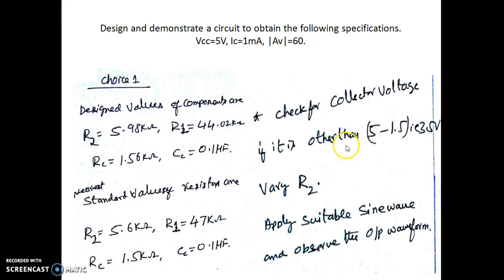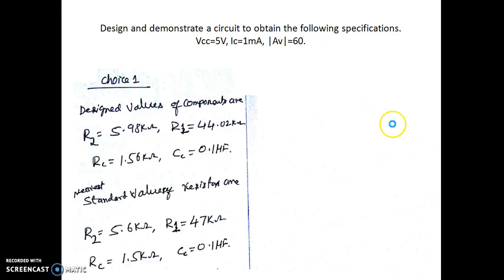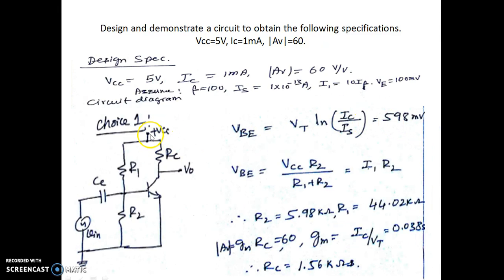So after using these values, we have to actually check the collector voltage, whether it is as per our desired value or not. Because we are assuming a current of 1 milliampere to flow through the transistor with a value of RC as 1.5 kilo ohms. So there's a drop of 1.5 volts, meaning in this circuit we have 5 volts at the